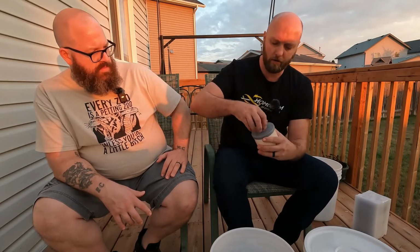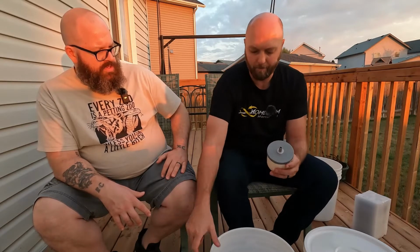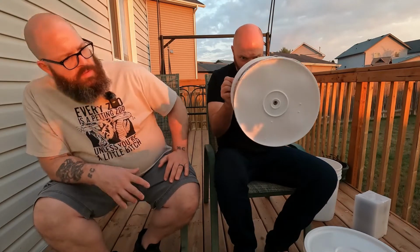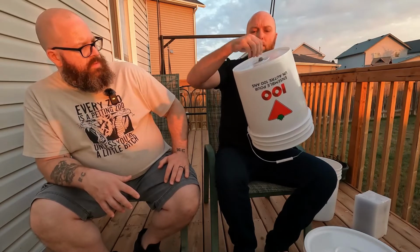We are going to unscrew this. We're going to leave the washer on the inside of the bucket. Hopefully everybody can see this. I'm making this harder on myself so you guys can see. And then we're going to screw on